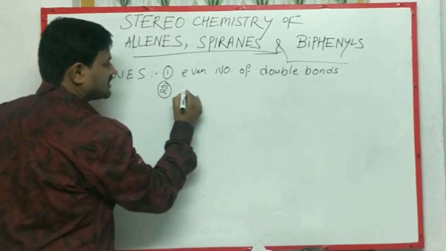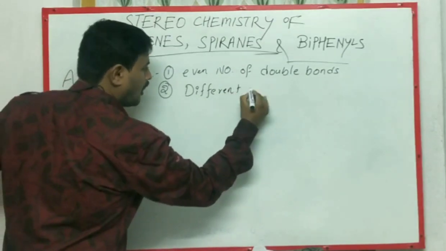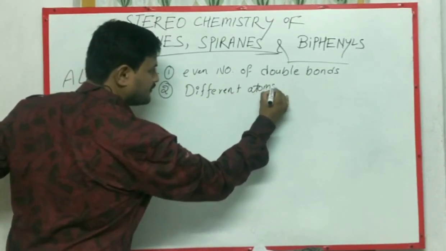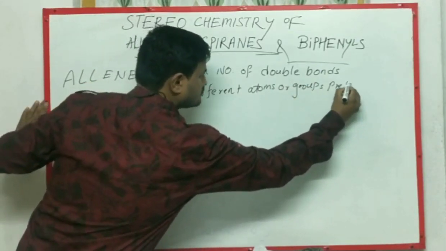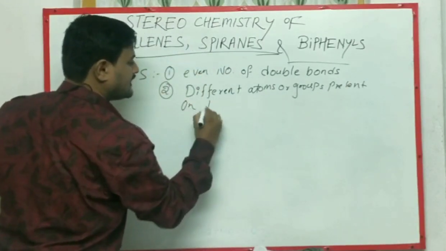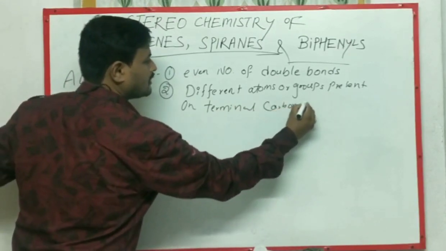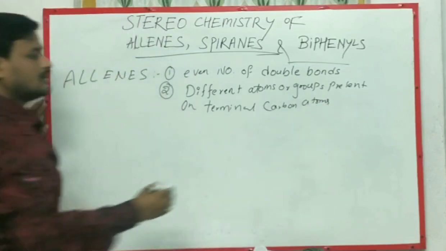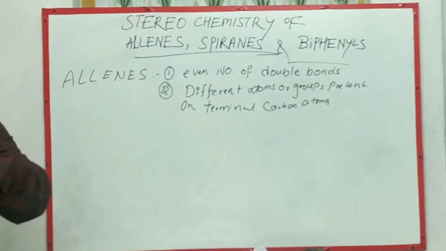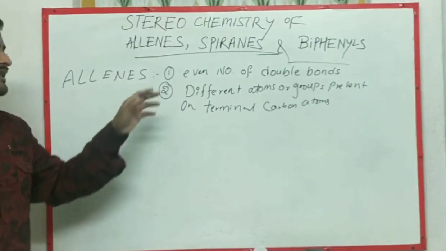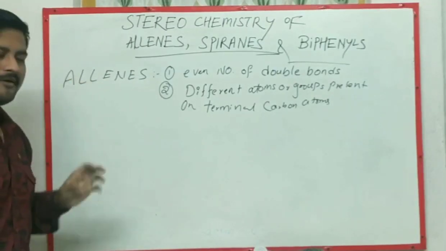The simple second condition is different atoms or groups present on terminal carbon atoms. Terminal carbon atoms. Do you understand? If the allene follows these two conditions, the allene acts as an optically active compound. If any one of the conditions is not followed, then that type of allene is